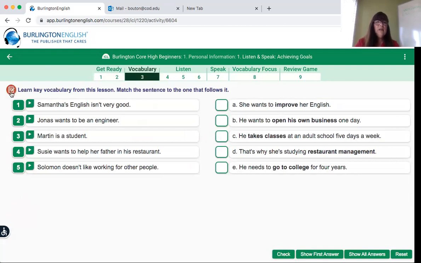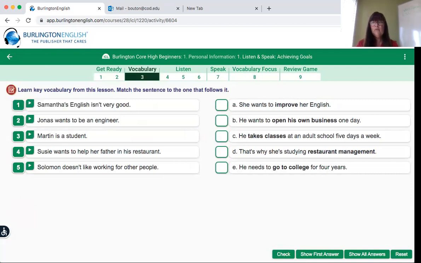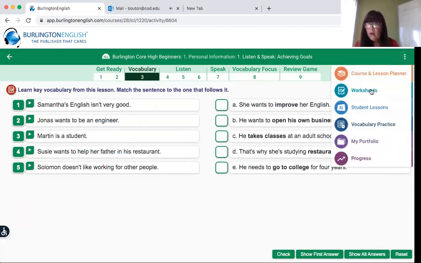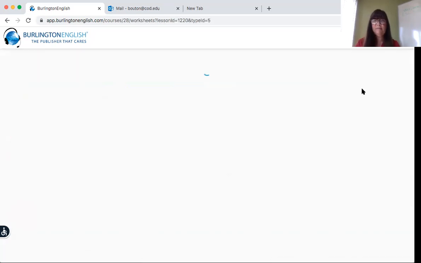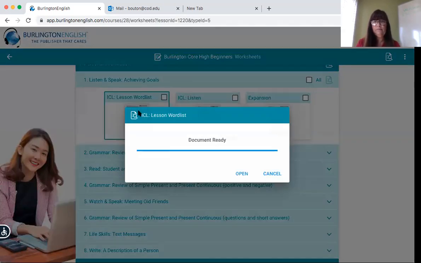So if you see, we'll see right here, this is a vocabulary worksheet. Now, when you do your lesson, you saw the vocabulary words, okay? Now, I could go here, worksheets, and let's see if we can find, here's the word list.